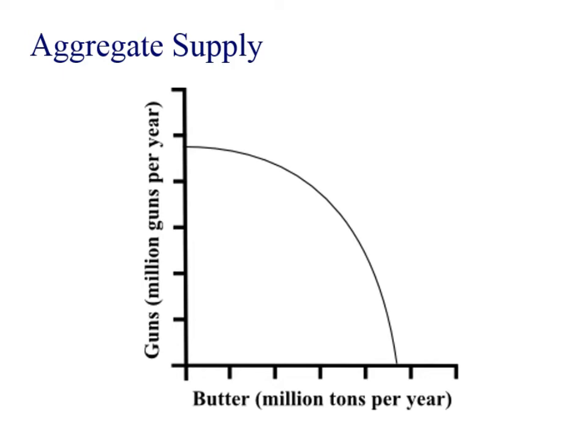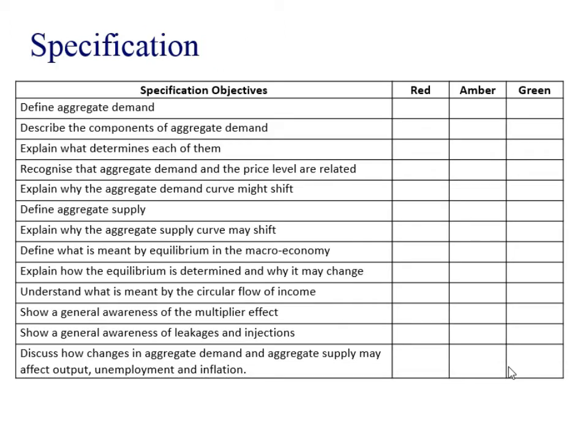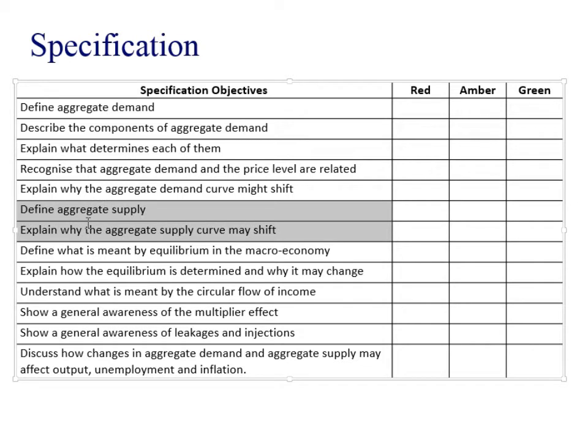So the other side of the ADAS diagram is aggregate supply. This is a diagram, a production possibility curve or frontier, and we spoke about this in the micro presentations, and it's representing the frontier itself, which represents the maximum output of an economy, and that's really what aggregate supply is looking at. So we've done a lot of these, we don't need to do all of them. We're looking at aggregate supply, why aggregate supply might shift, and we're going to get onto the equilibrium as well,